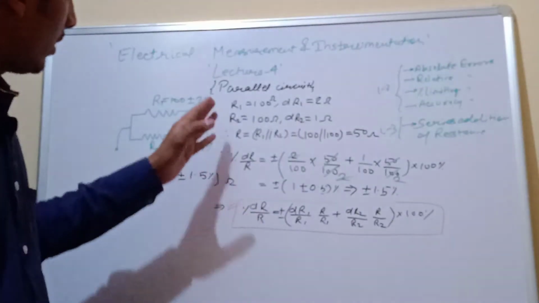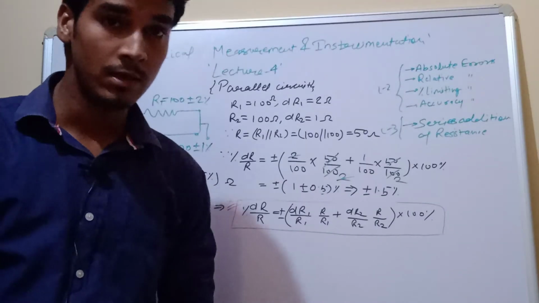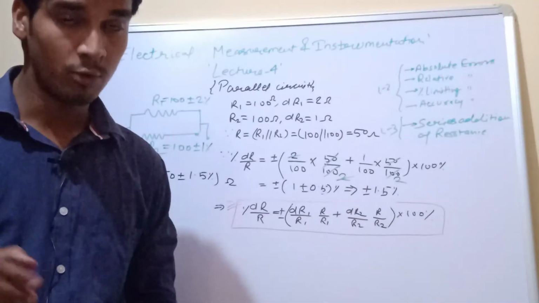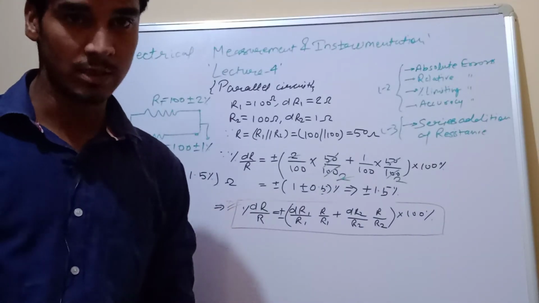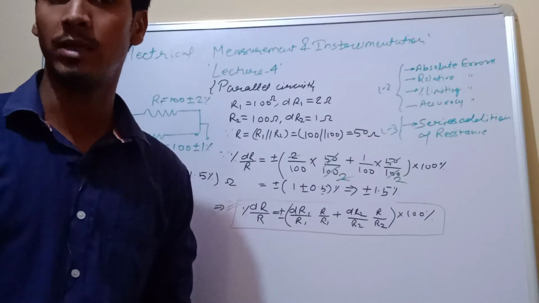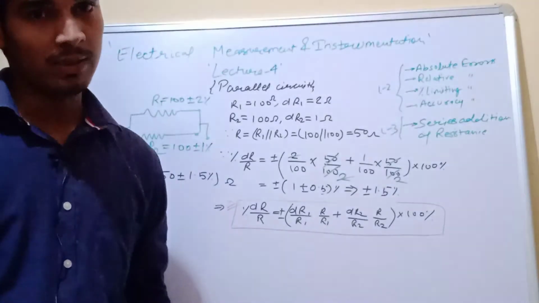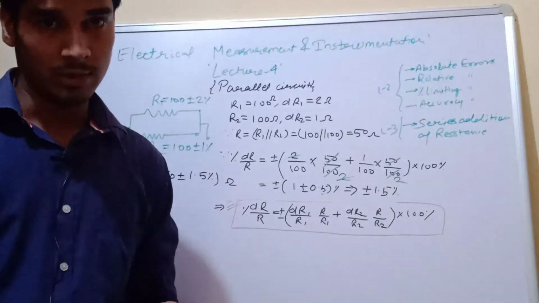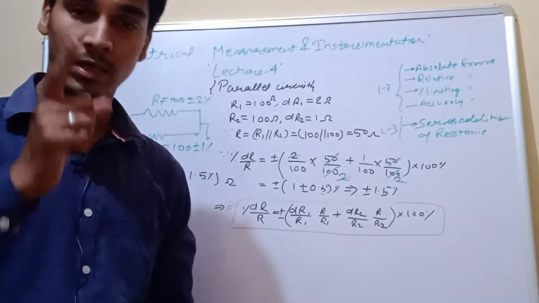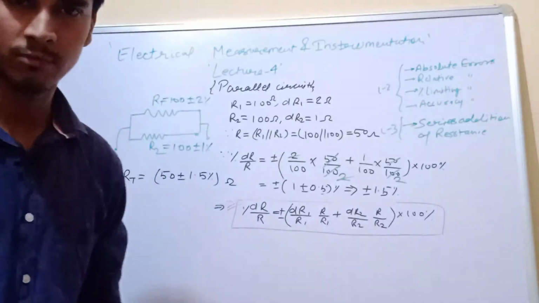Okay, in lecture number 5 we will study when the multiplication and division terms are given, like the power relation between V and I, P is equal to I square R, where the percentage limiting errors for resistance and current are given, then how can we get the equivalent percentage limiting error for the power expression. Okay, and after that we will study indicating instruments, in which we are going to study permanent magnet moving coil, permanent magnet moving iron, electrodynamometer instruments. Okay, wattmeter methods we are going to study.